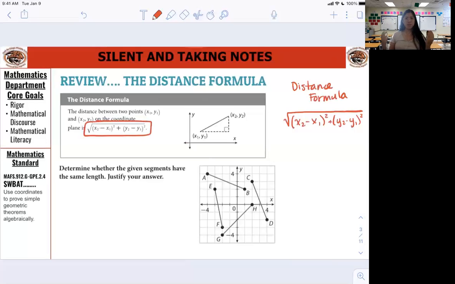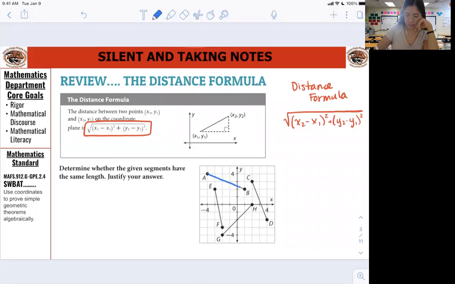Okay, so as you're finishing writing it down, I have this problem here just to practice using it. It's always good practice. Perla has them all memorized, so I know she can do it really, really easily, but not everyone has memorized the formula yet, so it's going to be really good to practice it. So for example, let's just start off with